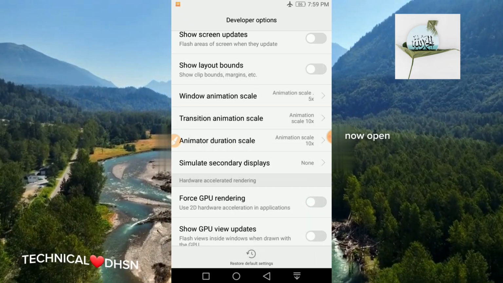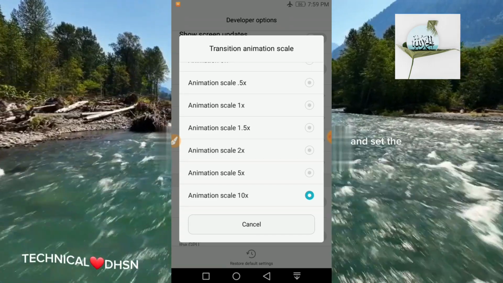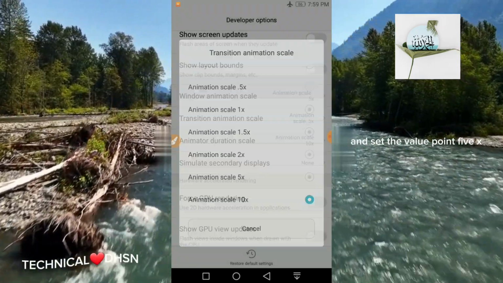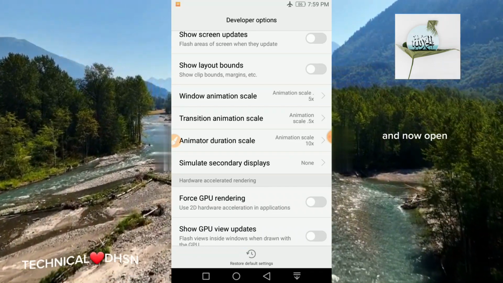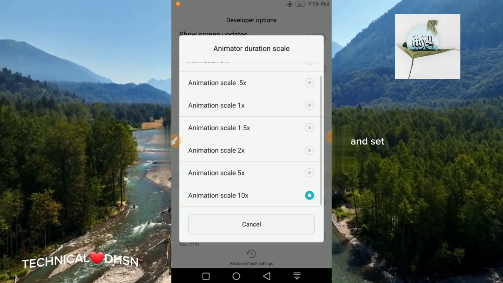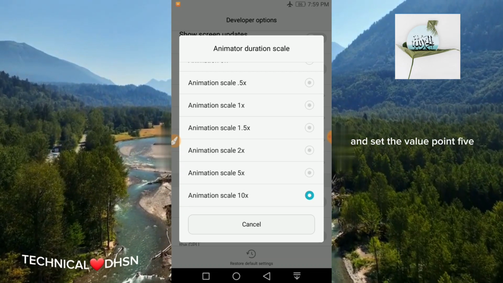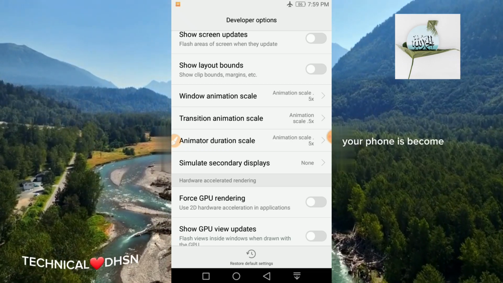Now open transition animation scale and set the value to 0.5x, and now open animator duration scale and set the value to 0.5x. Now you have done it, your phone will become smoother.